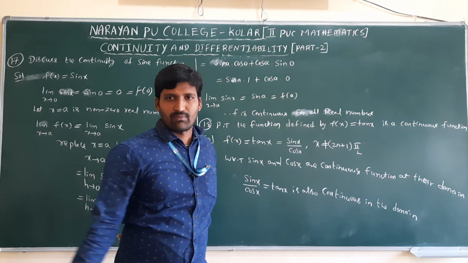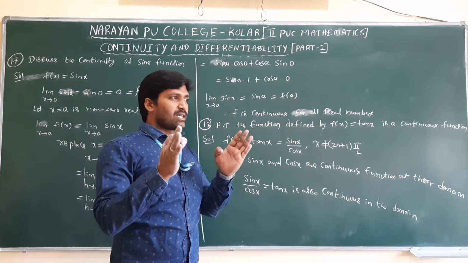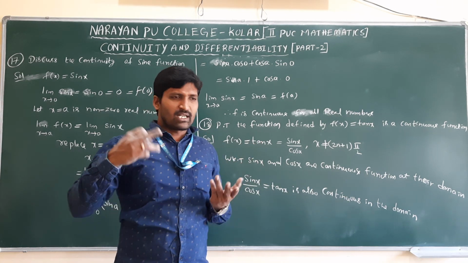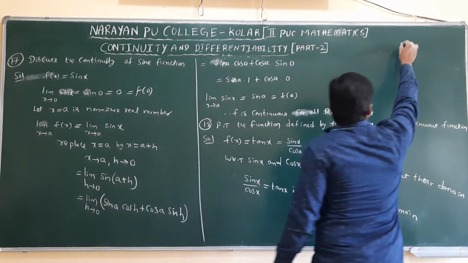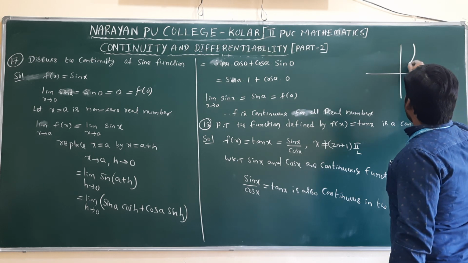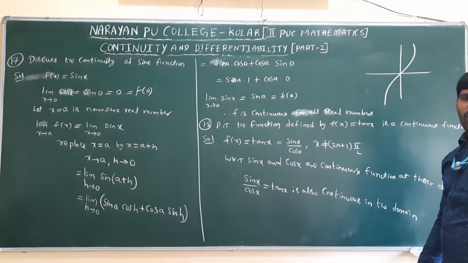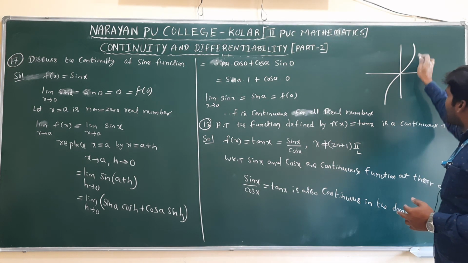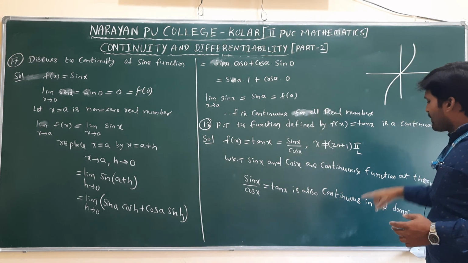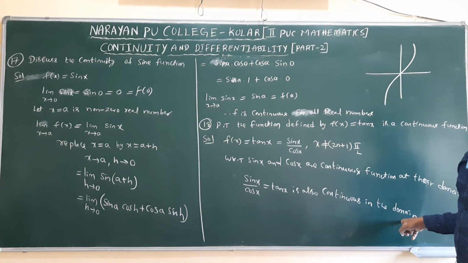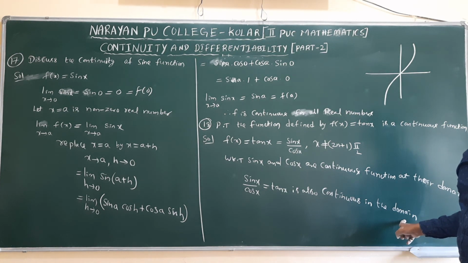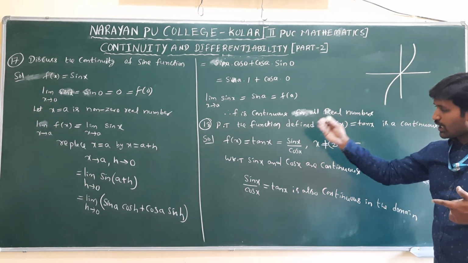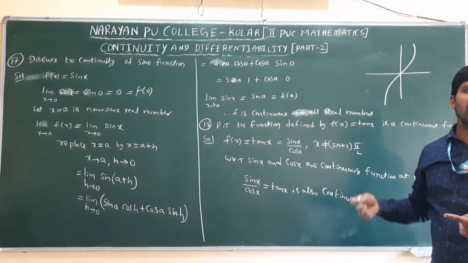Continuous function. Okay, now if you take a restricted interval, for example from minus pi by 2 to pi by 2, the curve is clearly like this, from minus pi by 2 to pi by 2. There are no breaks in this. When the interval is changed in various ways, there will be breaks. But in the particular interval, clearly, that's why I mentioned it clearly in the domain. In the domain, it is clearly a continuous function, because sin and cos are continuous, and the division of two continuous functions is also a continuous function.